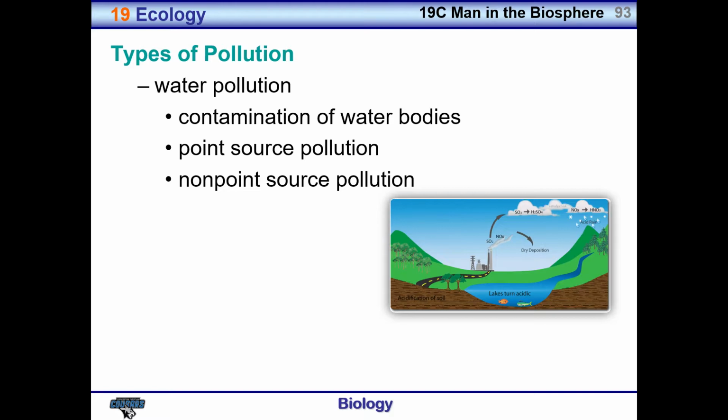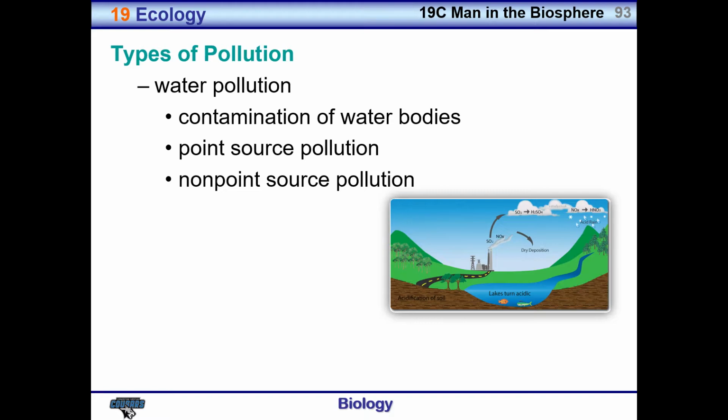The sulfur dioxide will eventually be converted into sulfuric acid, and that will come down as rain, and that rain is what we call acid rain,